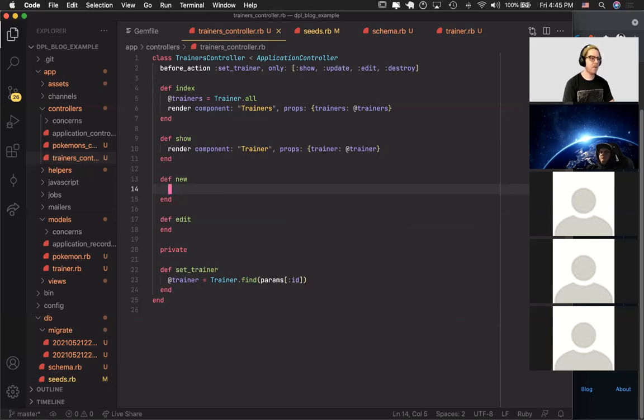For new, it's going to be very similar. We're going to go ahead and do a render component, and we'll call this trainer new. The new method typically only renders a component or a page, and that page usually has a form on it that allows you to add a new trainer. We don't need access to any of this information, like our trainer data that's in our backend in our database, because we don't need to display that on this form. It's just going to be like